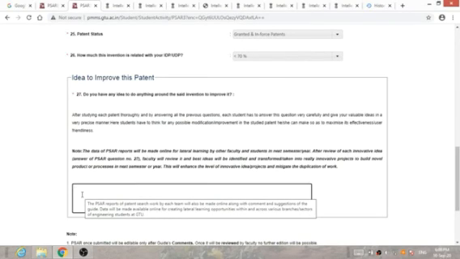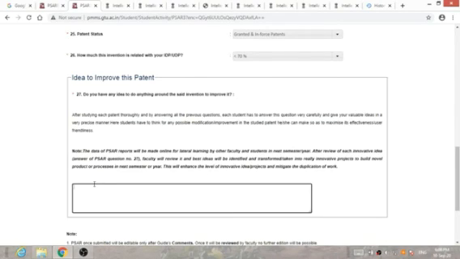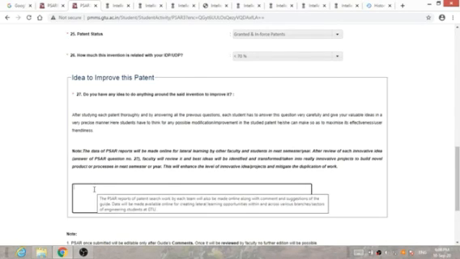That means what further has to be done in this particular patent, how this patent can be improved, or how this patent can improve up to the upper level. So you have to give your comments and suggestions for this particular patent.